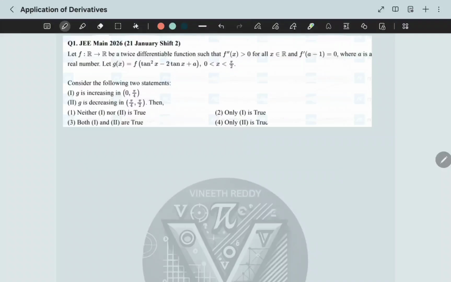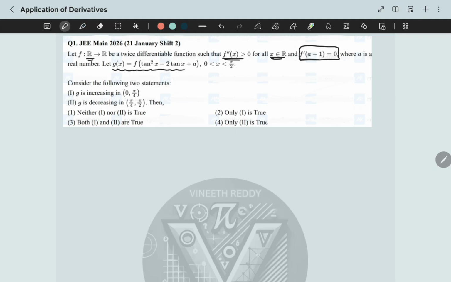Hello students, in this video we will be discussing the questions from the last part of calculus, that is application of derivatives, right? The first question says: f maps R to R is a twice differentiable function such that f double dash of x is greater than 0 for all x belongs to R, and f dash of a minus 1 is equal to 0, where a is a real number,